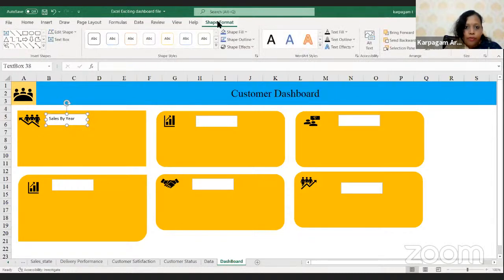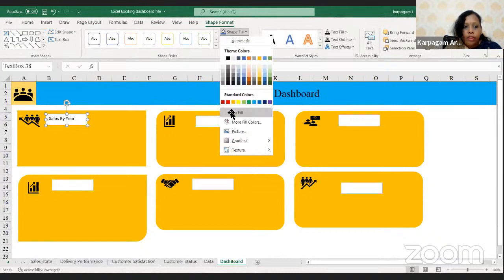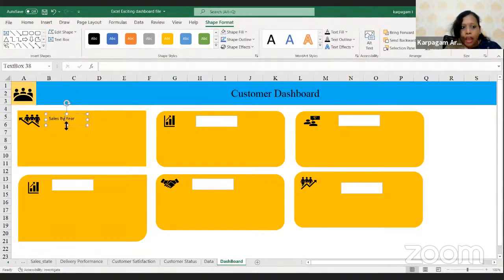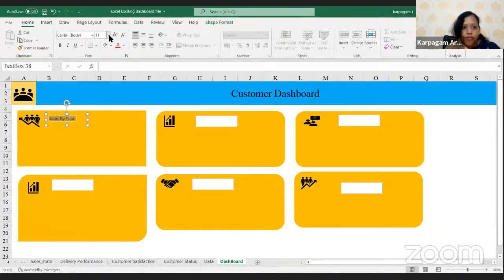Just go and click on shape format, and in the shape fill, choose no fill. This goes and sits as such, and remove this outline also. No outline. This looks as if it is created or just infused on it. That's how it's going to look, sales by year. In the same way, we have gotten sales by year, just look at whatever we have gotten. Then sales by managers